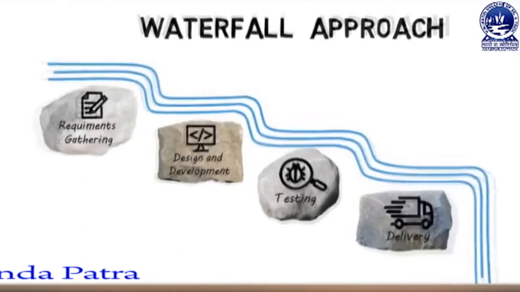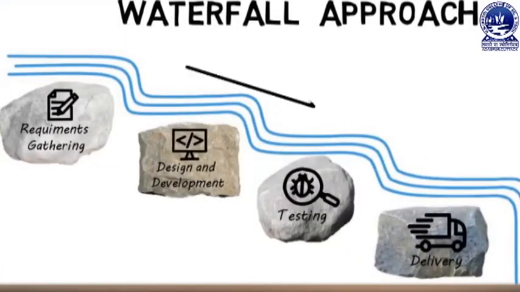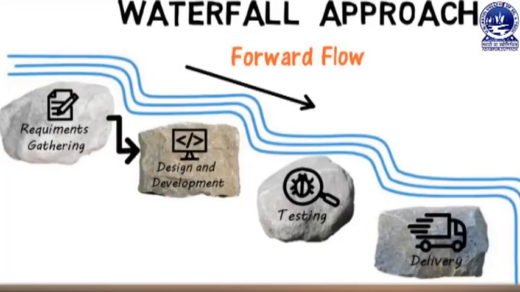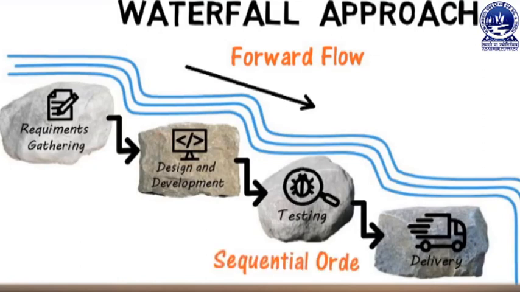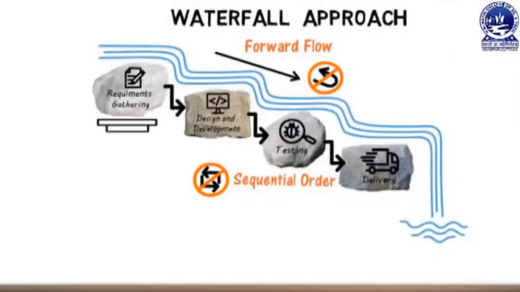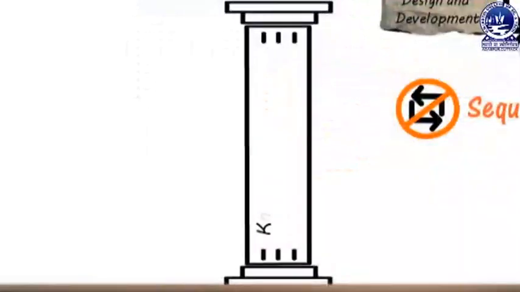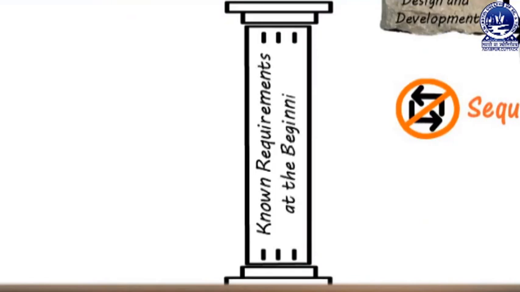So what does that mean? If you observe, water passes through every stone in its way in a forward direction. If we call these stones project phases, each phase must be completed before the next phase can begin. Or in other words, the project phases are executed in sequential order in the waterfall model. So in the waterfall model, reverse or backward flow of water is not expected. This logical and sequential waterfall approach works only if all the requirements are known and understood upfront.